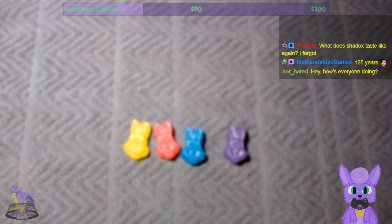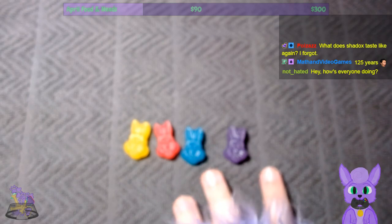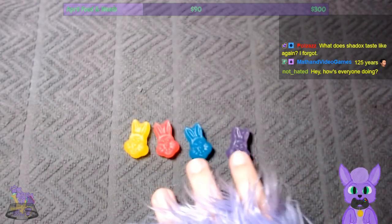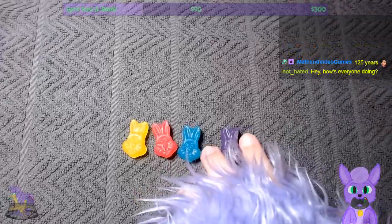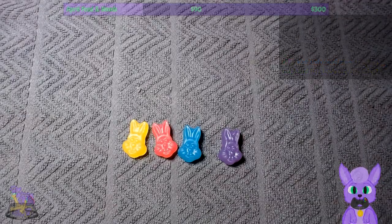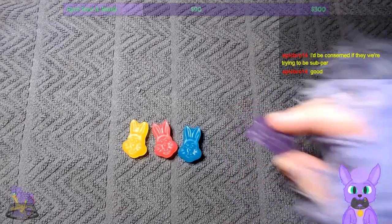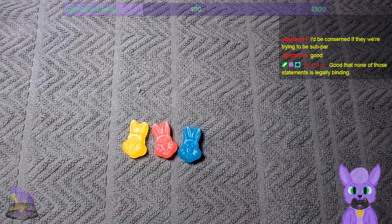Alright. Camera, it's alright if you want to focus on these again. Camera. Okay, camera. Down here. Good boy. Alright, so, jujubes are kind of like... Oh, let me just eat one of these. Let's just eat them. Then I'll explain, because I need to remind myself. Let's start with Shax, because Shax is best. Good that now these statements are legally binding, except for that we've existed for X years. That's technically a fact, but...